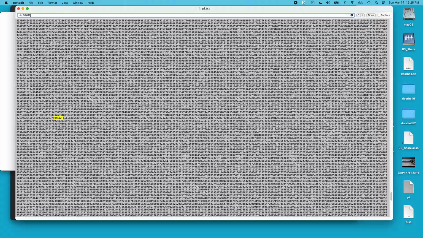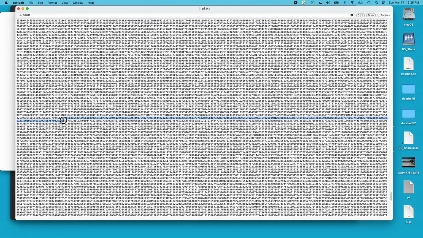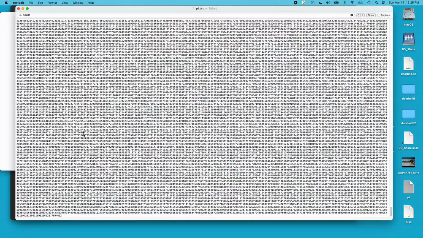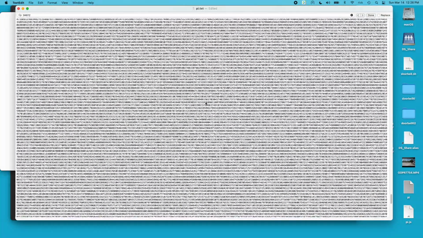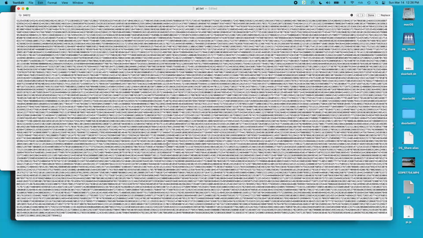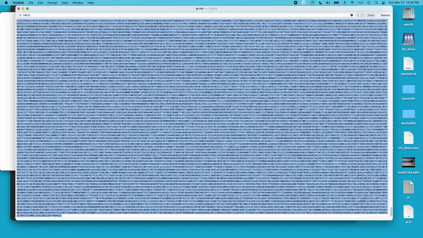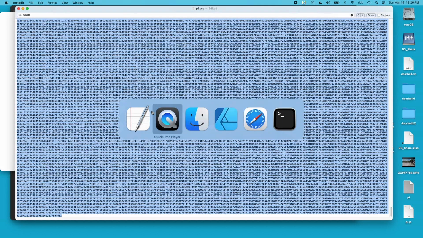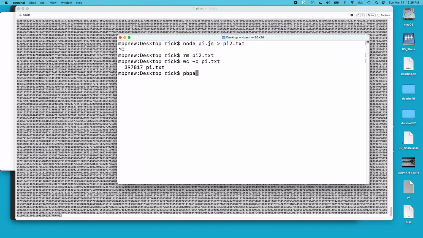It's kind of hard to find my mouse here. So I'm going to select everything after that, which is quite a bit. I'll delete it. And now everything I have remaining, let me see if I have a decimal in here. I don't remember. I do have a decimal. So I'll select all. I'll copy this. Then I can go to my terminal and I can say pbpaste pipe wc space -c.